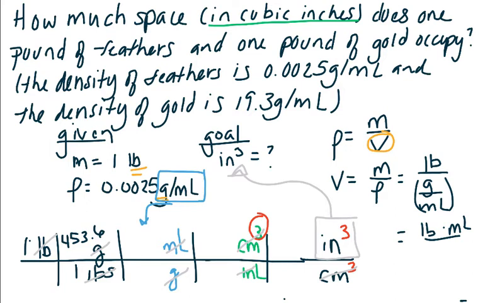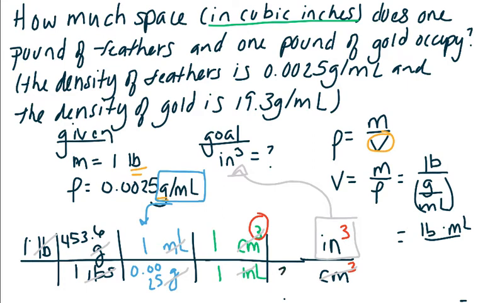In this case, we're talking about feathers, and we're given the density. We're given that there's 0.0025 grams in 1 milliliter. Then, converting between milliliters and centimeters cubed is just a reference value. It's handy to know that 1 centimeter cubed is equal to 1 milliliter. And then lastly, to convert between centimeters cubed and inches cubed,